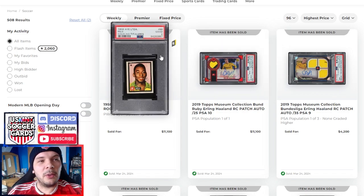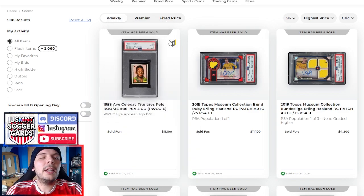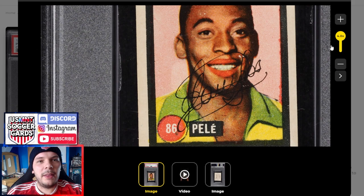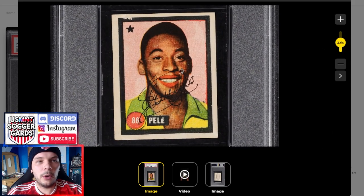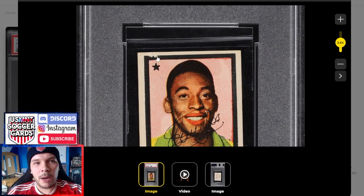Comparatively, I really like the look of this Pele Titulares. Really, really high price. I guess if we want to go look at it, it does look really good. It's got the IPL sticker, top 15%, which to some people means nothing, to some people means a little bit. I think it's deserved here. I mean, it's a really nice looking 2. When you look at the front, the corners are pretty good. The edges are pretty good. Noticeably, that seems to be some paper loss or something,